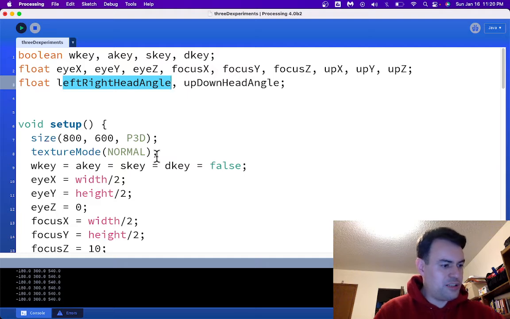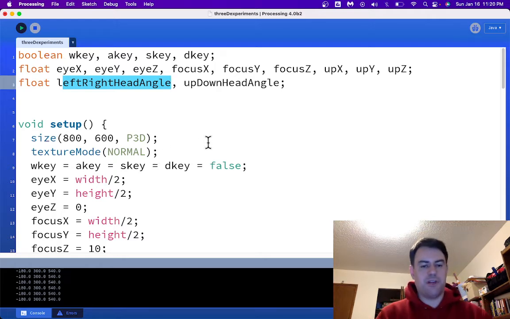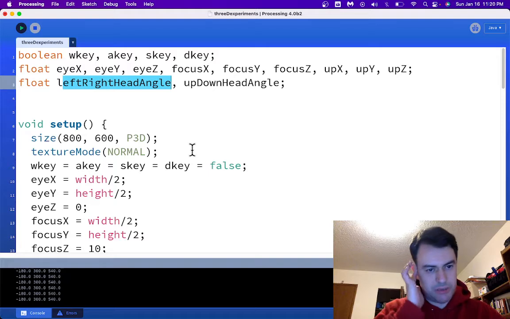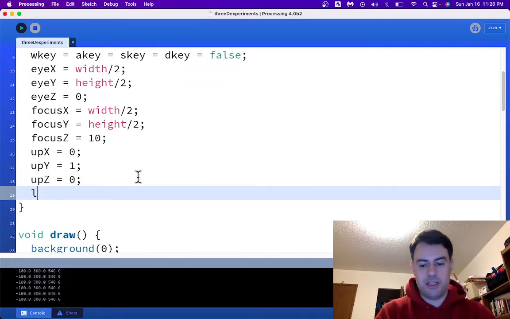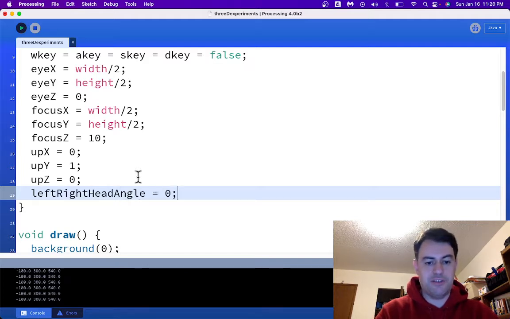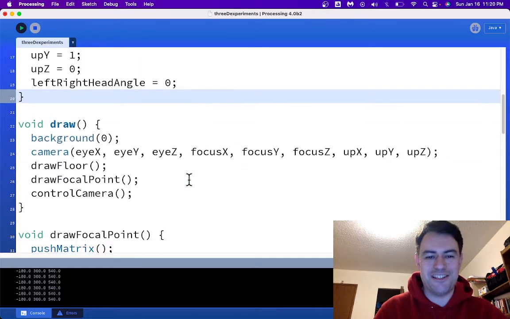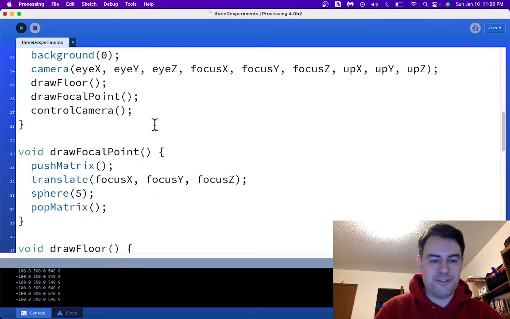Should we initialize it? Let me just think about that. I think I'm going to leave it for now as 0, but I might change my mind about that. So I will put it in my setup. I will put in left, right, head angle equals 0, but I might choose to change that. I reserve the right to come back and change it. So let's go down